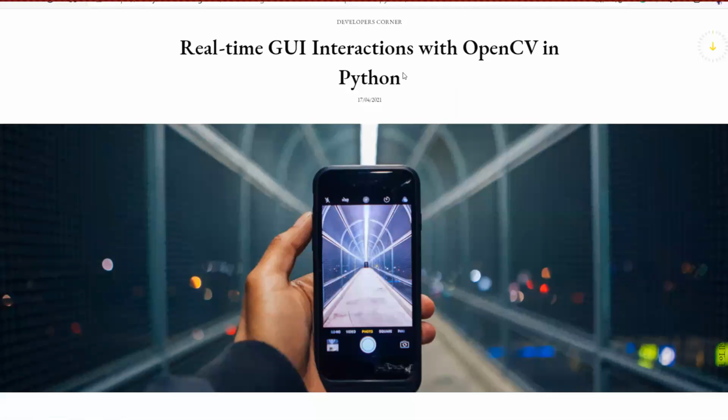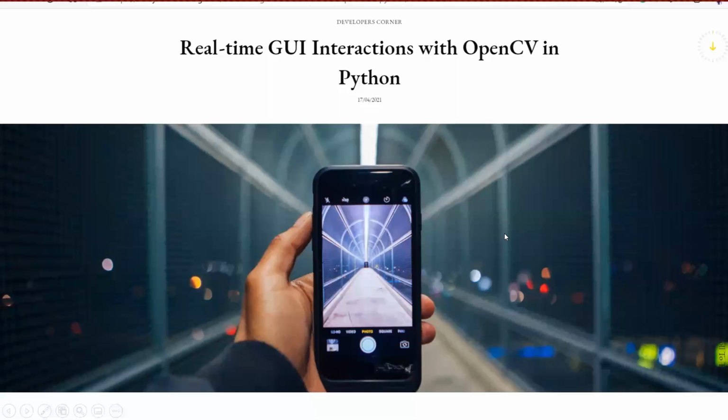As I already shared in the WhatsApp group, you can see another advancement from the Python. Of course, 10 days back news, real-time graphic user interface. They are created with OpenCV in Python. That is the new graphical interface used in Python. They use the OpenCV package. Now it is available in the Python library. So if you want to create the real-time graphic user interface, you can use that one.